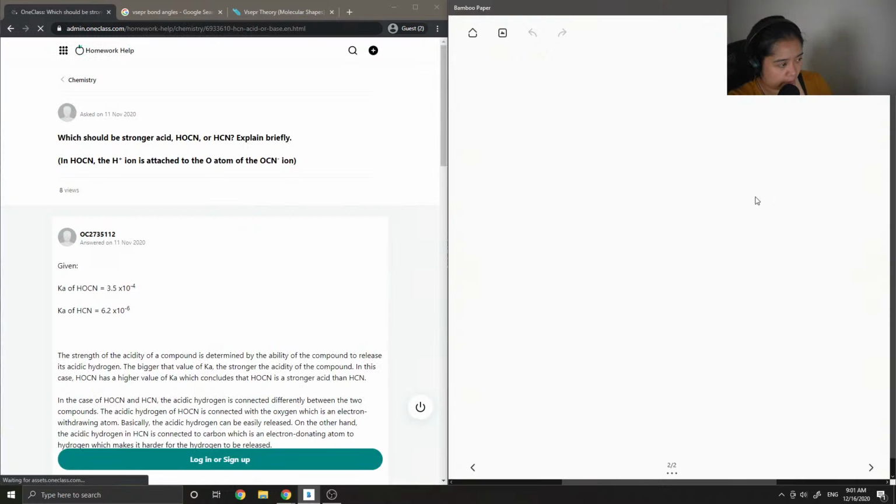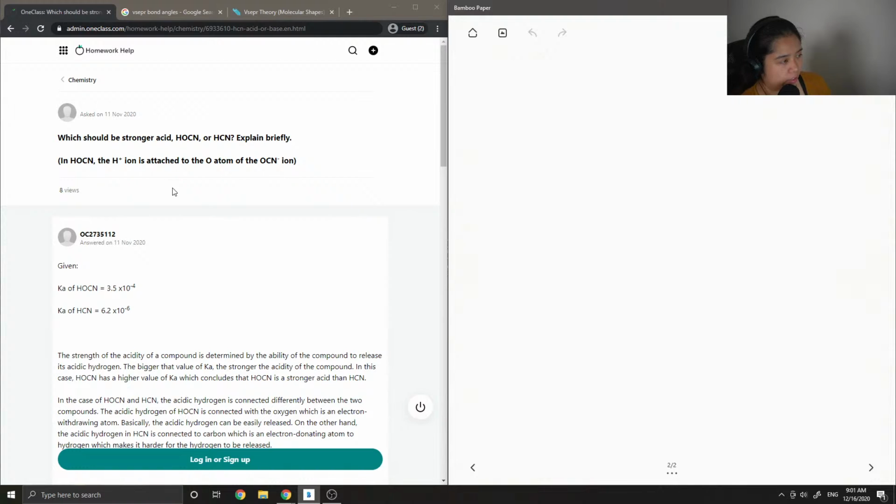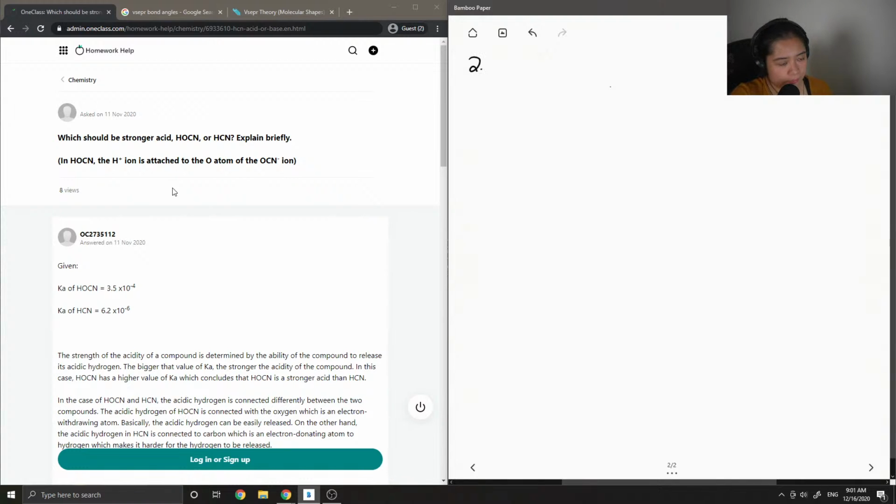Okay, so on to question 2. Which should be the stronger acid, HOCN or HCN? Explain briefly. Okay. So let's write the structure of both of these acids. So the difference is that one of them has an OH group,